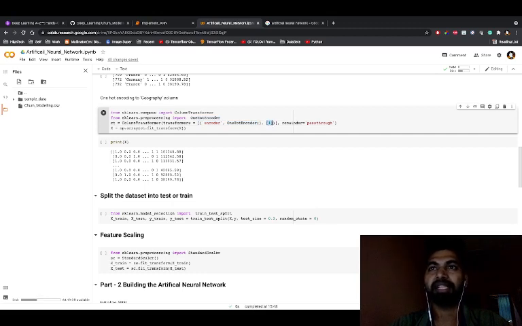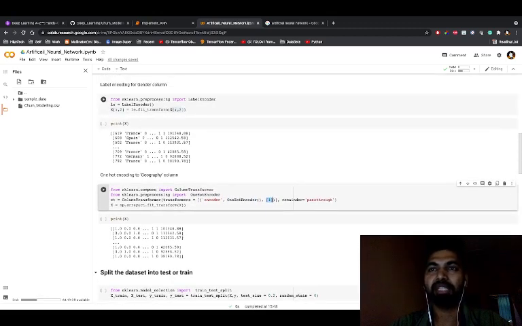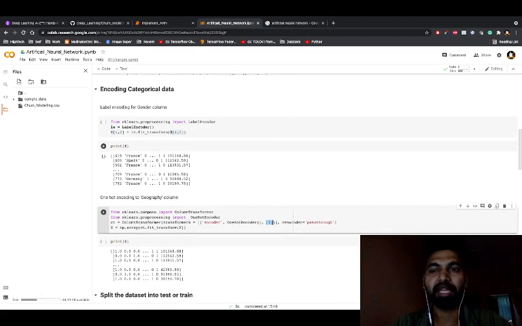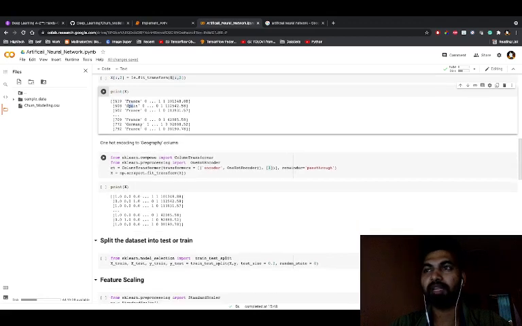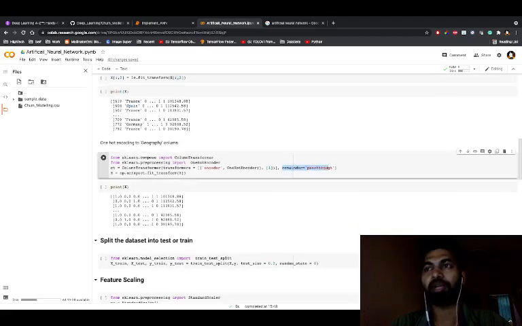So in the X data set, you will see France, Spain, these are at index 1, right? And remainder equals passthrough. So this is the parameter which says that apart from this passed column, the geographic column, all the other columns by default would be dropped, right?